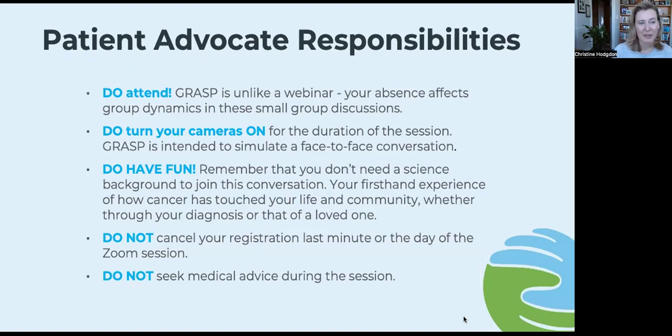As a patient advocate participating in a GRASP poster walkthrough, here are some of the main criteria for your responsibilities. The big one is to attend. This is very important. We are not like a typical webinar where you can just sit and observe. Your absence really affects the group dynamics, and it's really important that when you are there, you're actually participating,